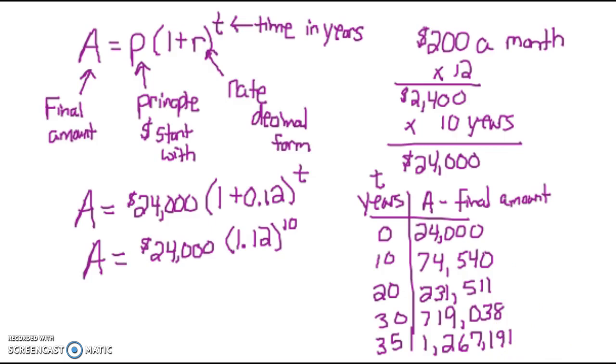So even leaving that money in there for 5 more years is going to change it to $1,267,000. I've run out of room, but if I do the exact same thing and change that 35 to 40, after 40 years, what are we at? 2 million. 2 million. So what you need to understand is that the longer you leave it